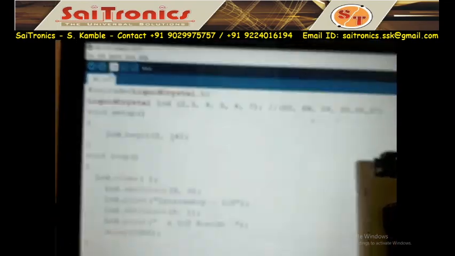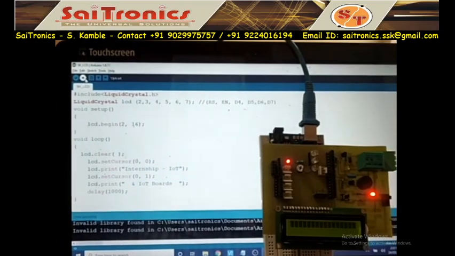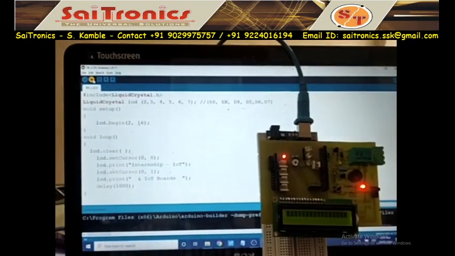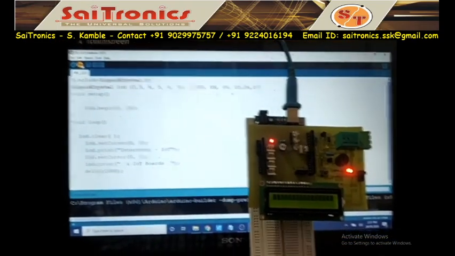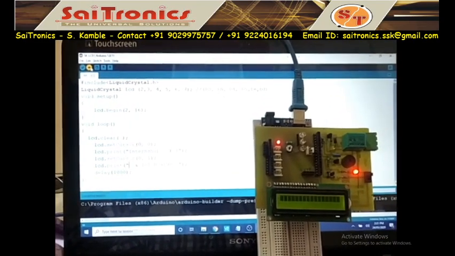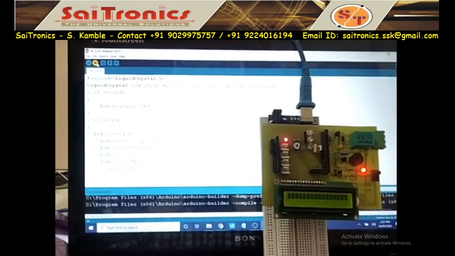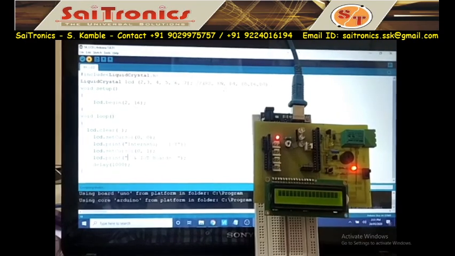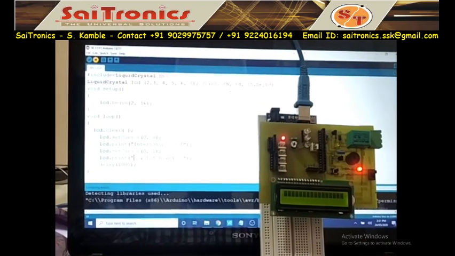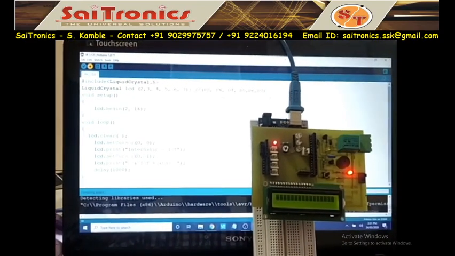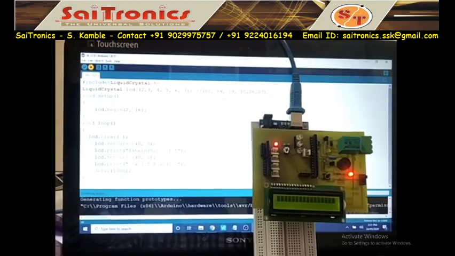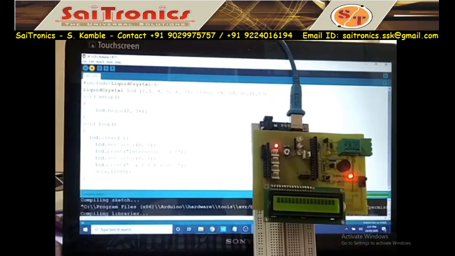So I will upload this program, and when I upload it, the LCD should display the string. That string is IoT. So it is compiling. This is a 4-bit LCD, so we are using only D4, D5, D6, D7 of the LCD.